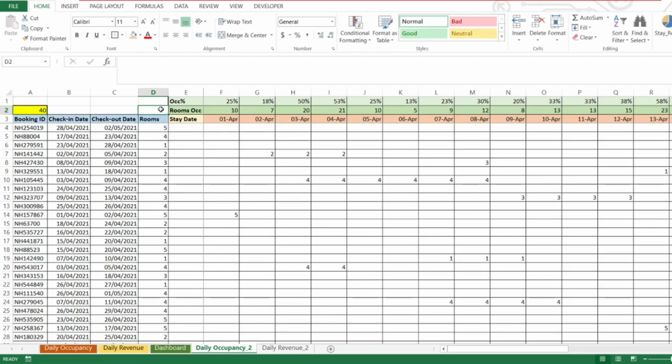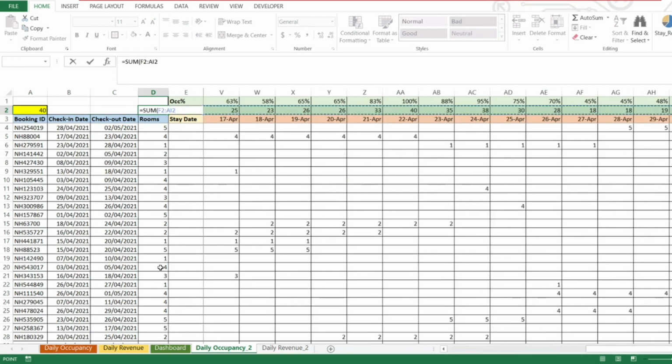Here, we are going to get the room nights of the entire month. The room nights of the entire month is simply all the rooms applied over the entire calendar date. So we have 632 room nights. I'm just going to write it over here. Month room nights. So this is the month room nights for the entire month of April.